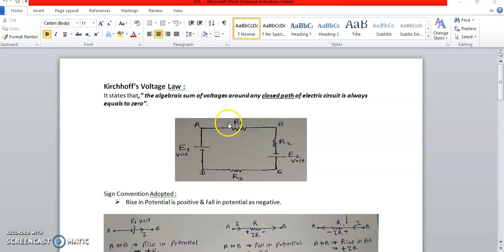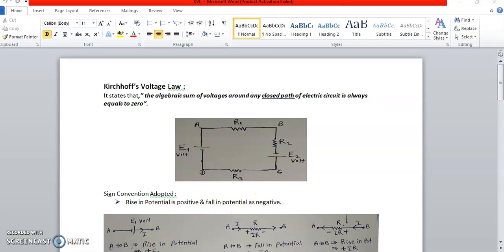To know the polarity of potentials across R1, R2 and R3, we have to assume a suitable direction of current in this closed path. We can assume clockwise direction of current or anti-clockwise direction of current. Then to write the Kirchhoff's voltage equation, we have to trace this closed path and use the sign convention for making the algebraic sum of these potentials. The sign convention used is: rise in potential is assumed to be positive and fall in potential is assumed to